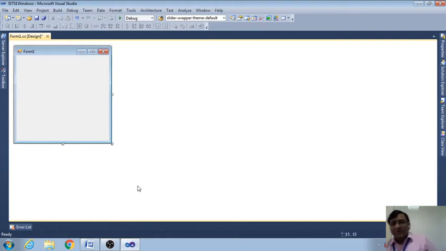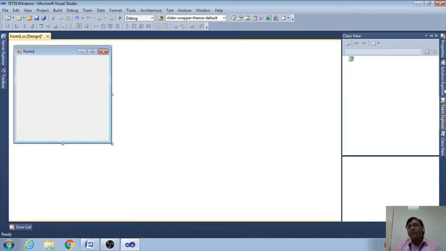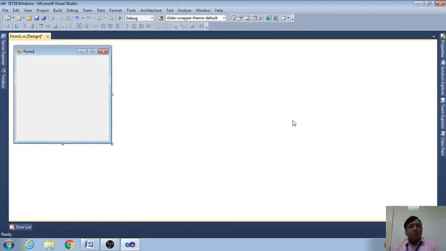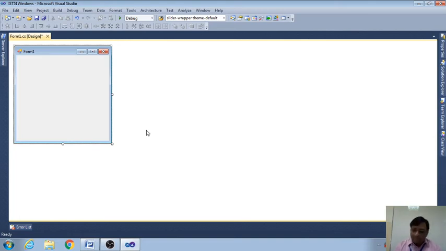Okay, so now you got how to create the Windows application, what the form is, what the toolbox is, what the Solution Explorer is, what the Properties window is. Now these windows must be available on your screen. Sometimes, due to some reason, a window is not available. For example, what I did here, I am going to close this toolbox. So now the toolbox is not available. Maybe someone will worry why my toolbox is not available. No need to worry.